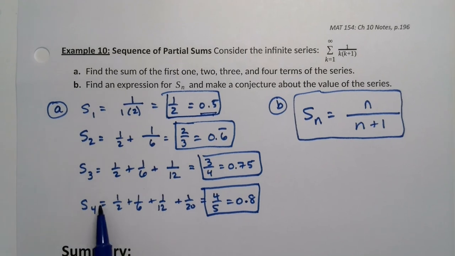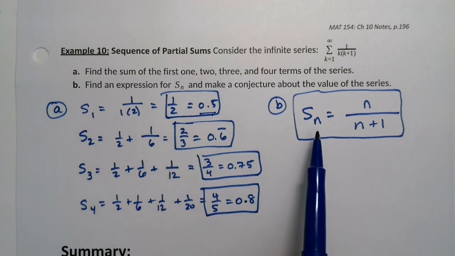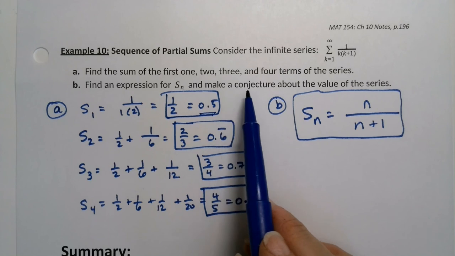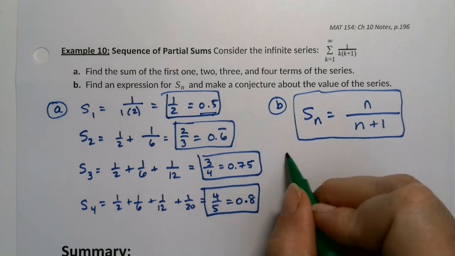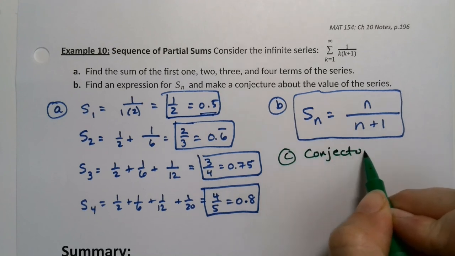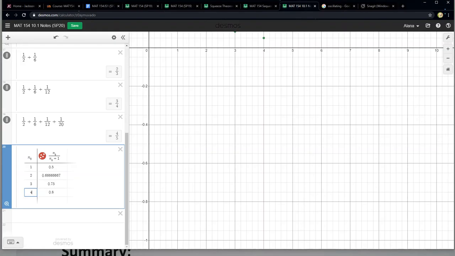Right? So 4 over the next number 5, 3 over the next number 4, and so on. So that's part A and part B. And then it's not really part C, but I'll call it part C. It wants us to make a conjecture about where this is going. Well, we don't really even have to make a conjecture. I mean, we can. This is still a conjecture even when I go do this, but let me grab another